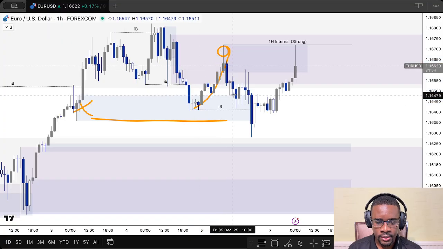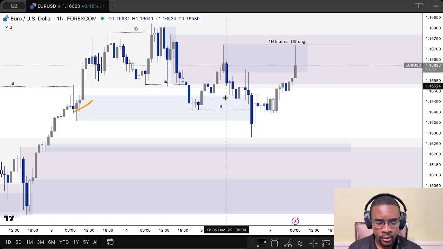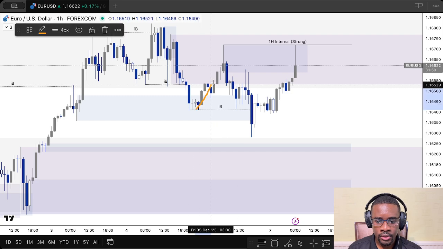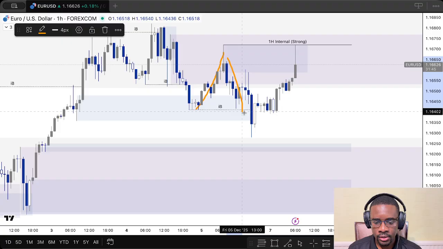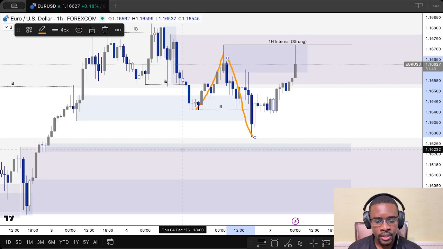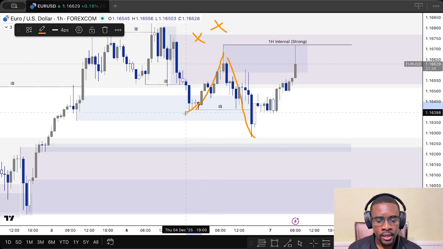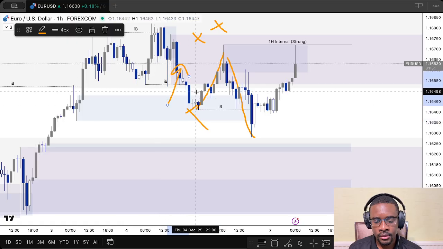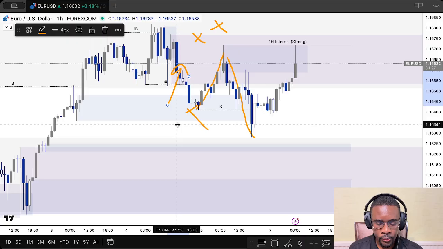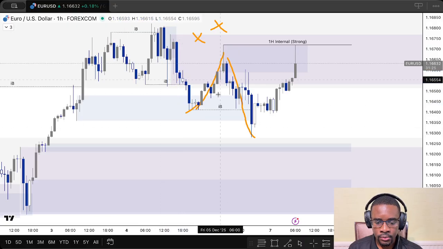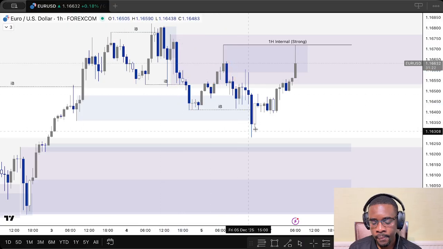However, it wouldn't have hit our TP. Eventually I think it came up maybe around 1.5 hour, and then eventually it failed. This was the expectation, because I was saying that imagine this is a daily supply with a nested 4 hour supply, and this is a 1 hour that's fighting against the 4 hour and the daily. So it is highly likely that the 1 hour will fail. So that happened.